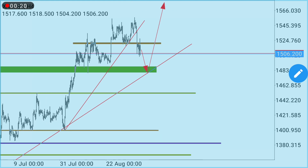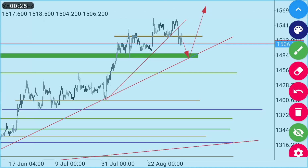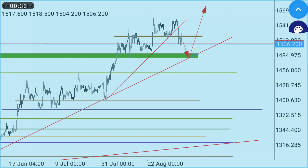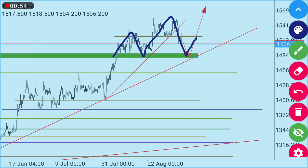So the first pair which you're gonna be looking at is XAUUSD, and this is H4 time frame. For the coming week on XAUUSD, we're gonna be looking for a short-term bearish direction. Then from there we'll be having a bullish direction. The reason for the bearish direction is because of the broken support or resistance. Now we're estimating that in bigger time frame it's coming back to do its retest here, then it will go up. But if it forms like this as the first shoulder and this is the head and this is the second shoulder,